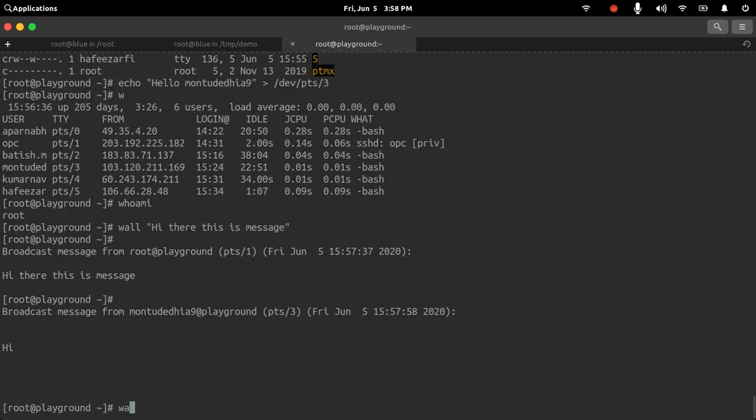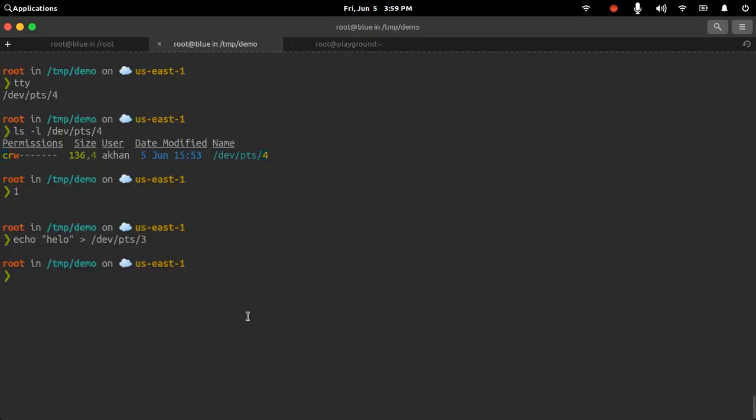So you can use the wall command to basically talk to a user directly, or talk to all the logged in users. So it is good in the case where I want to say maintenance time, I am going to shut down the instance. So you can use this command this way to basically keep the users informed that the system is going to shut down and things like that.